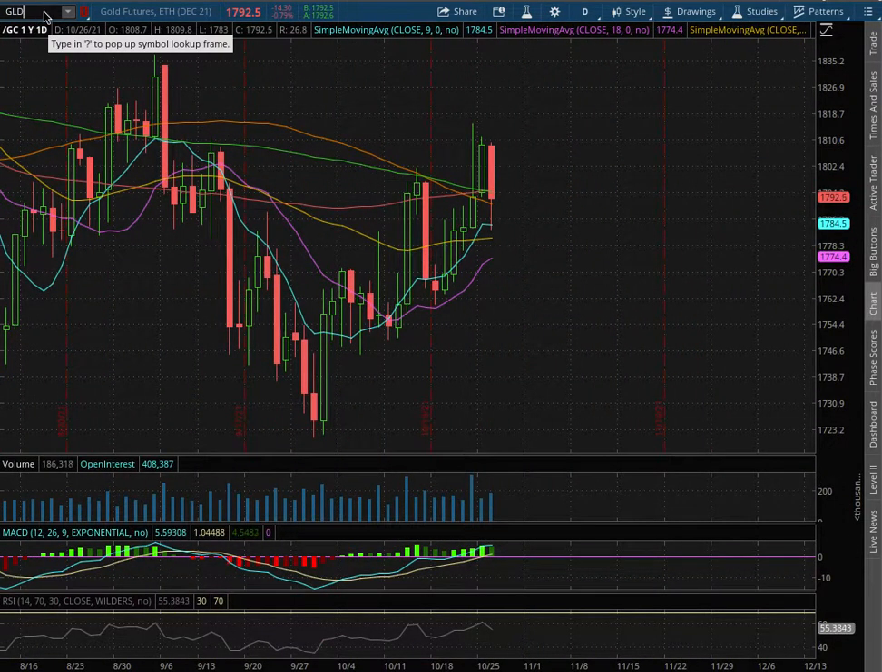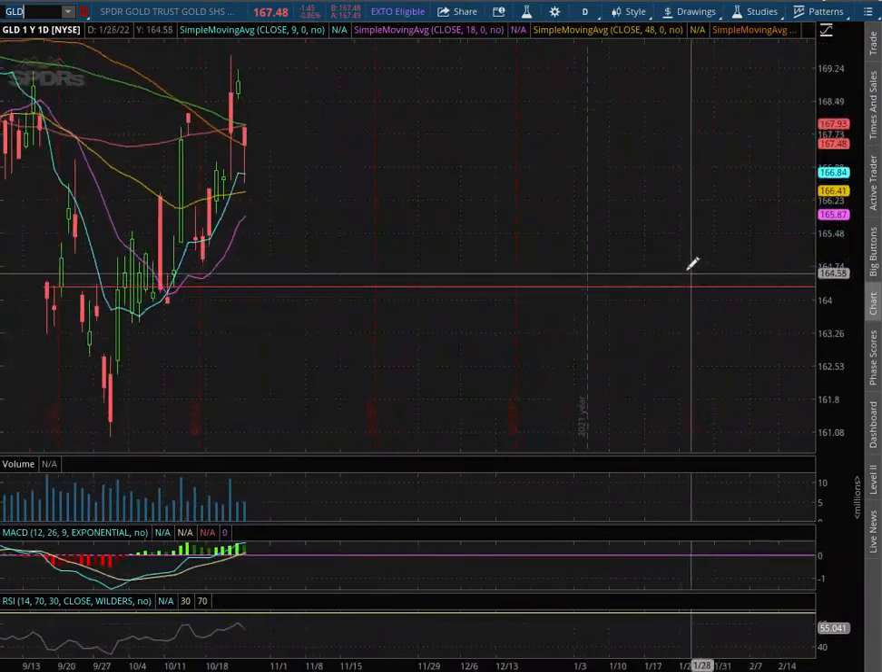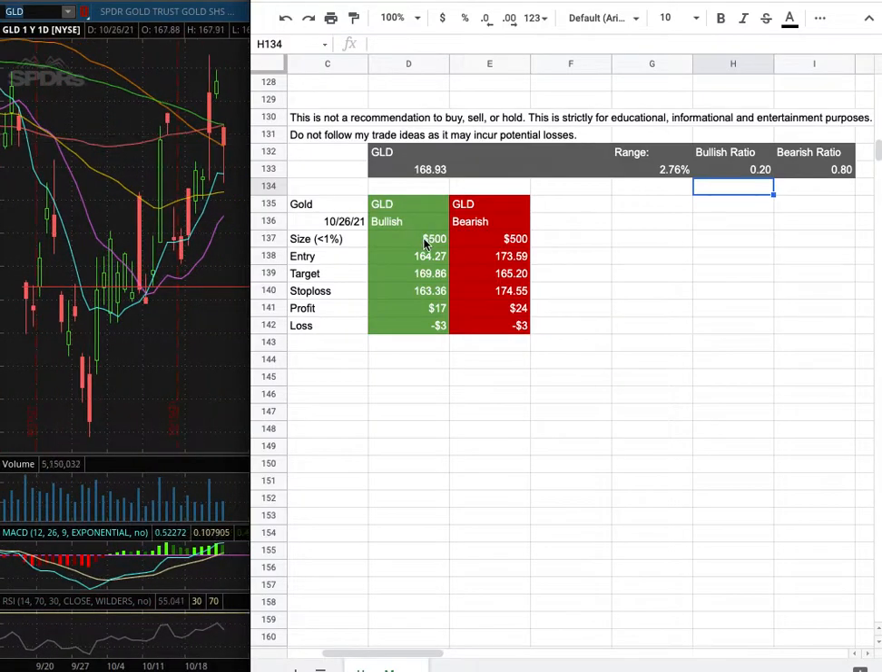As with the trade idea, I'll be trading GLD, and my position size for it is less than 1% of my portfolio. My long entry is at $164.27, and that is this range there. My sell target's at $169.86. My stop loss is at